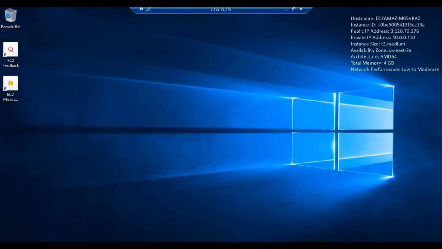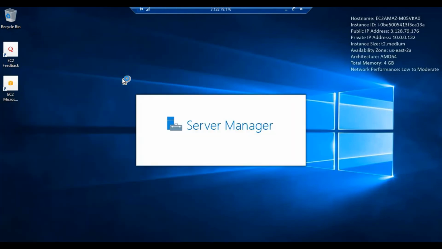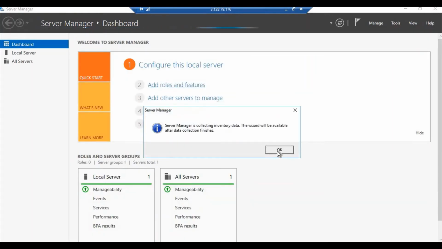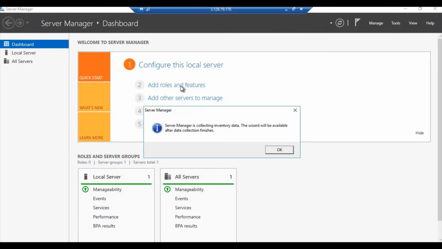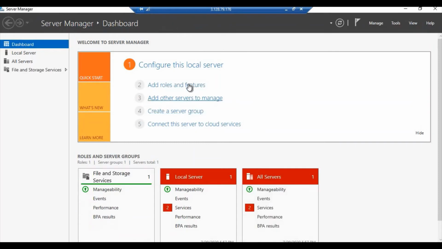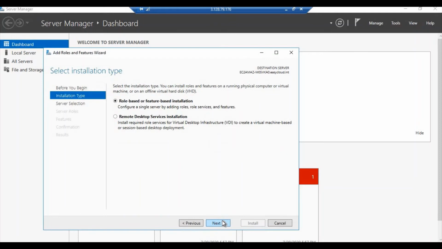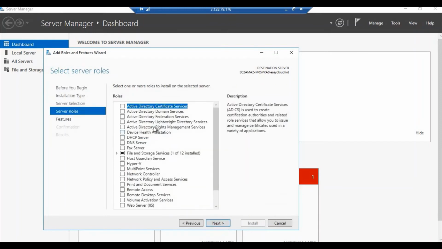Okay, let me just go to the server. You need to add a role here. Click on next, next. Here you have something called Active Directory Domain Services.